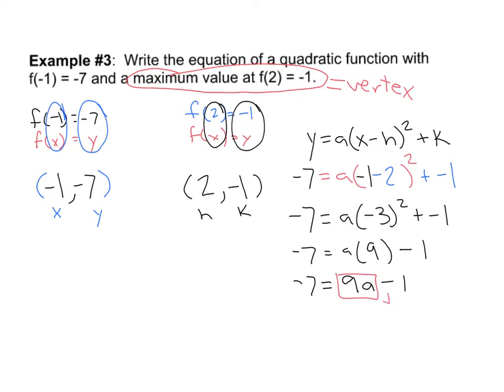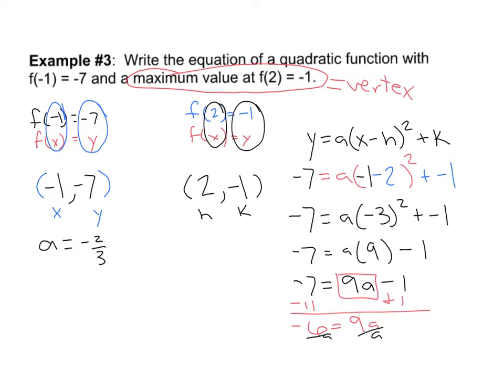Solving for a here, I'm going to add 1 to both sides. We get -6 equals 9a. Last step there is to divide both sides by 9, and we end up with a equals -6 divided by 9, which reduces to